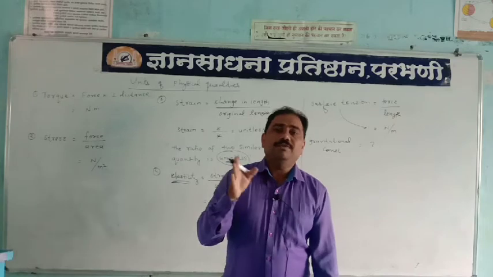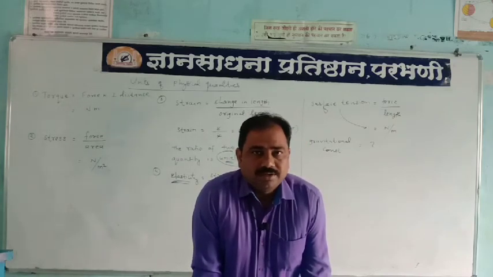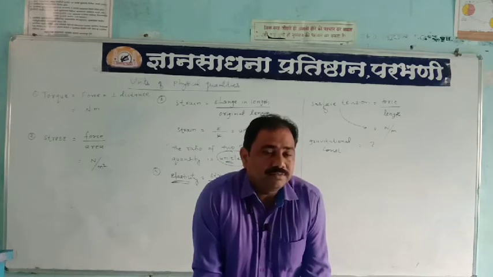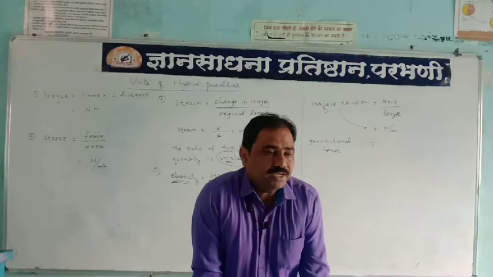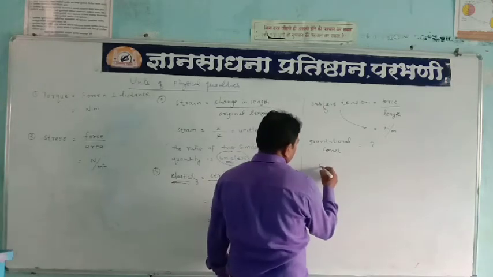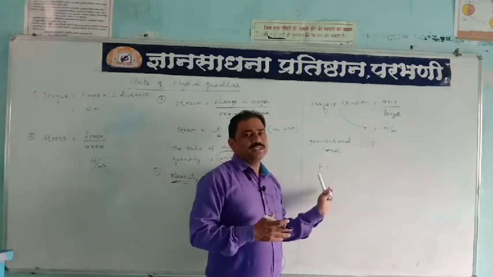First of all, you know the formula for gravitational force, because at your school level there is a chapter that is gravitation. In that, Newton's law of gravitation is there, and a particular force of attraction is given by